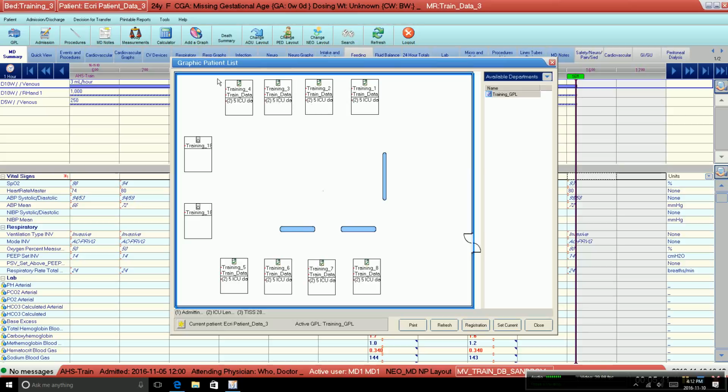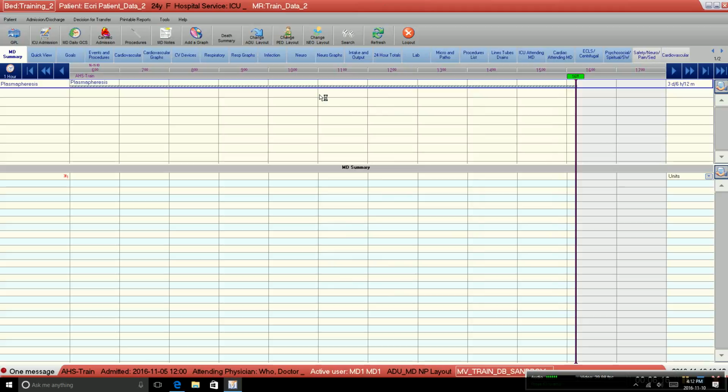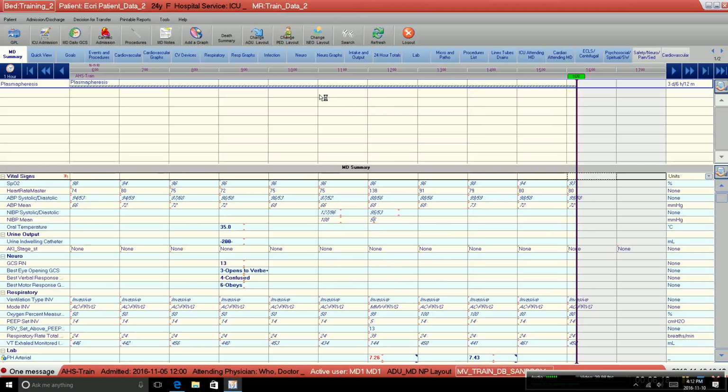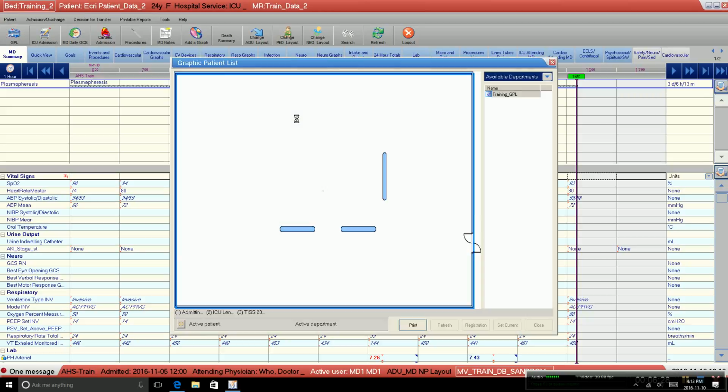The GPL stands for Graphic Patient List, and again it just shows you an overview of the patients in their physical location and allows you to select them. So I'm going to select patient 2. And it will open up that patient for me. Now there are 2 ways I can find a patient that I want to look for specifically. I can use the GPL, as I've just shown you,